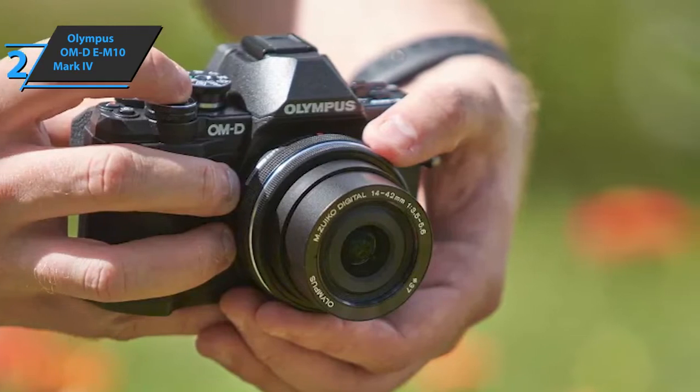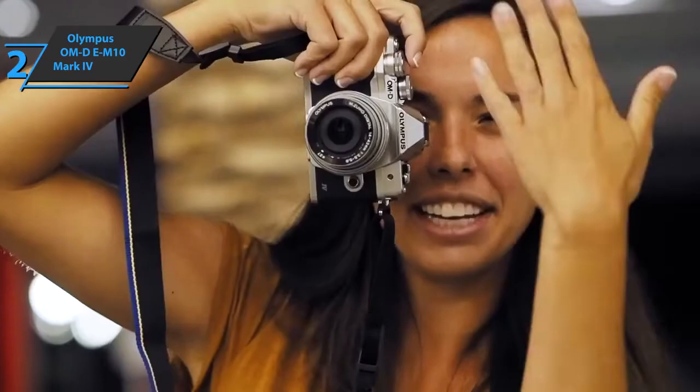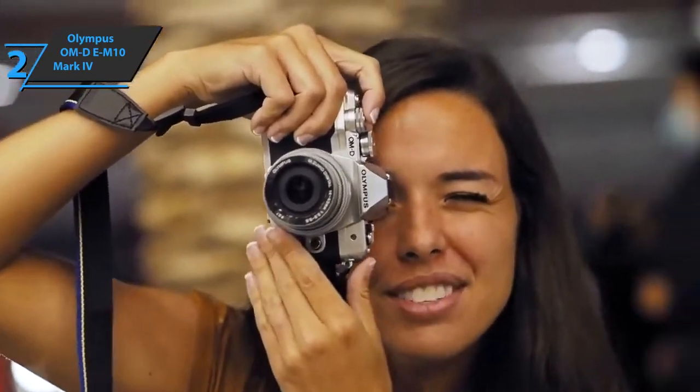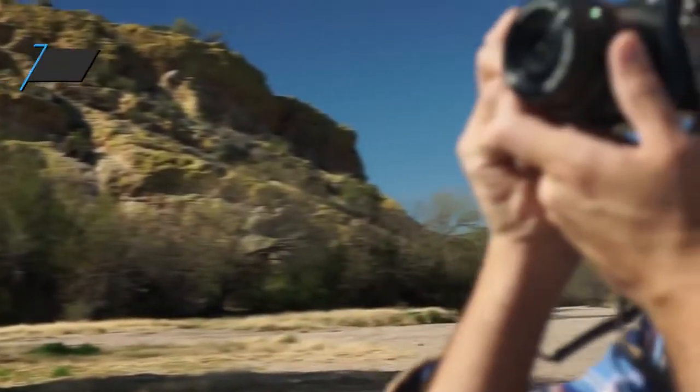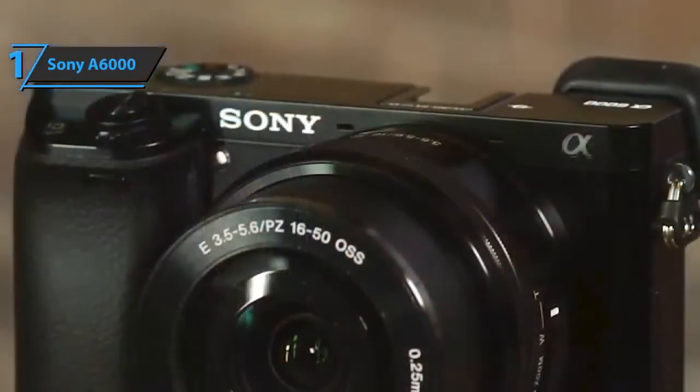The product also includes very interesting video enhancements over the previous version. For example, there is a video autofocus system, the contrast detection system. Good stuff. And finally, after all the carefully summarized reviews, opinions, and experiences, we have come to the unanimous conclusion